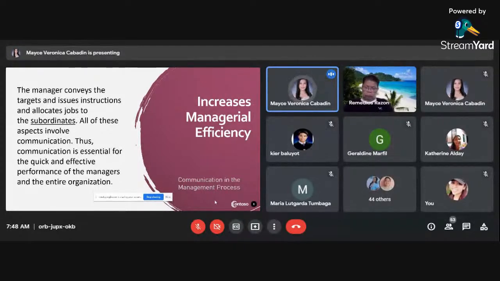So the higher the proportion, the more efficient the manager is. So in this way, we are estimating the effectiveness of the management process. So dito naman pumapasok na pagtaas daw ng proportion ng managerial efficiency nyo, paggaling ng manager. So, paano po nangyayari yon? Once the manager is open with the suggestions of the subordinate, naririnig niya yung side ng lahat, dun po natin masasabi na the management process would be effective.